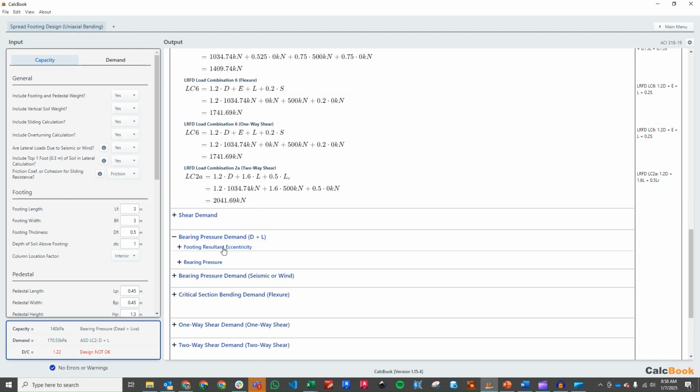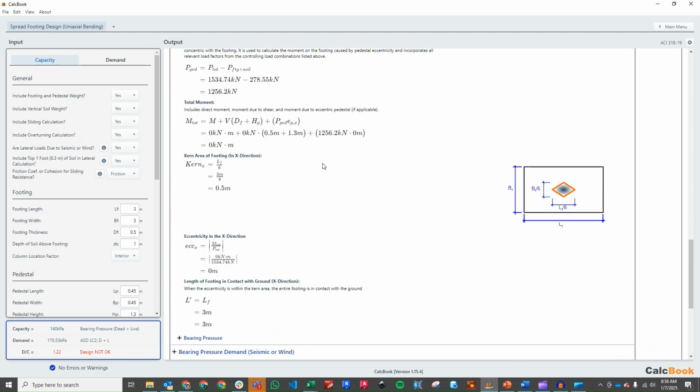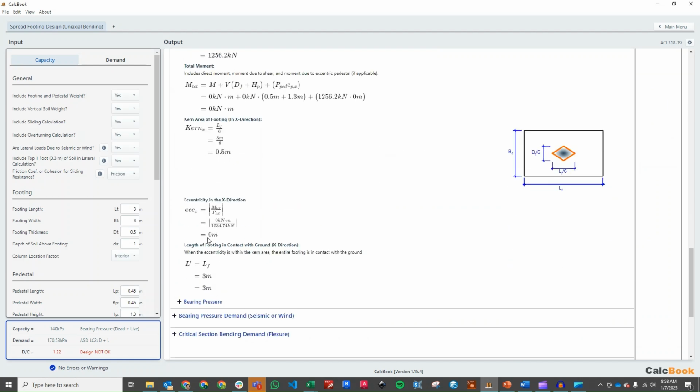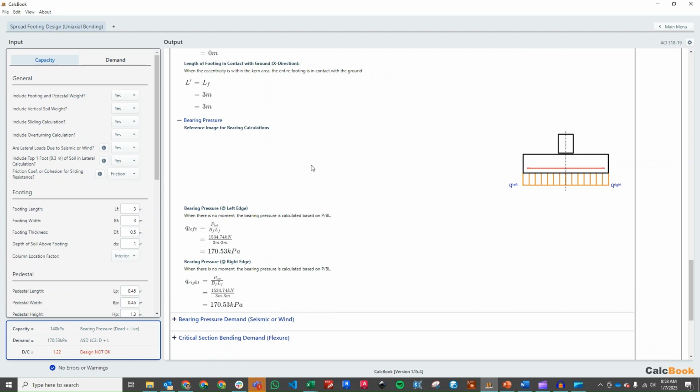So if you look at our dead plus live bearing demand, we should not have any eccentricity since we don't have any moment, which we do not, so no eccentricity here. And so it's just that our bearing pressure is too high. So the easiest way to take care of that would be just to increase the size of the footing. So why don't we go ahead and make this 3.5 meters by 3.5 meters